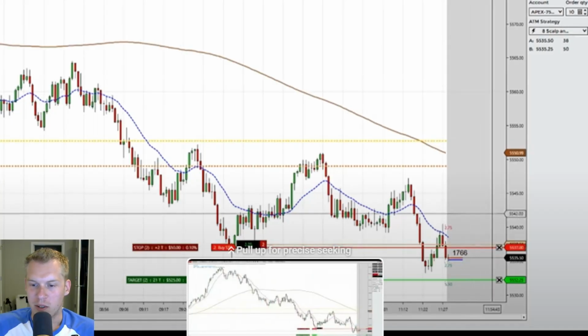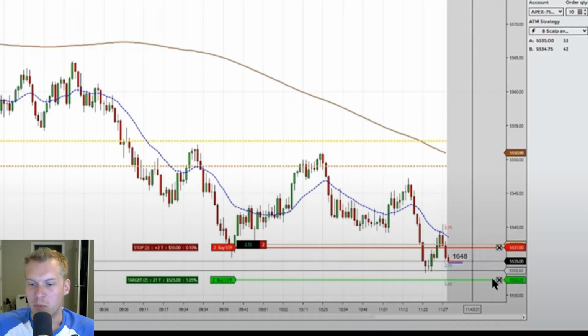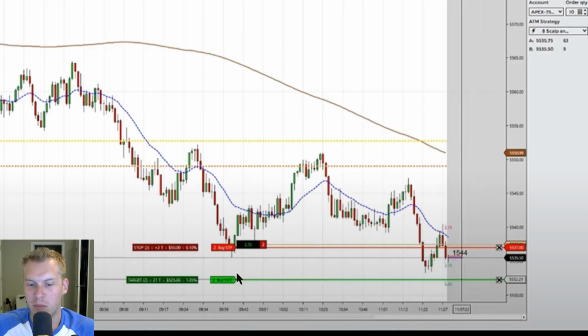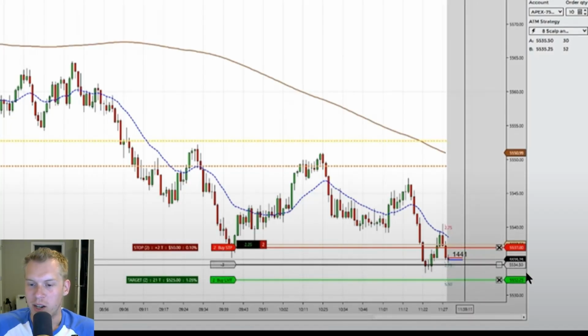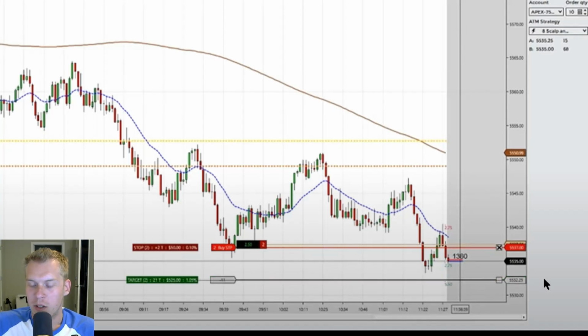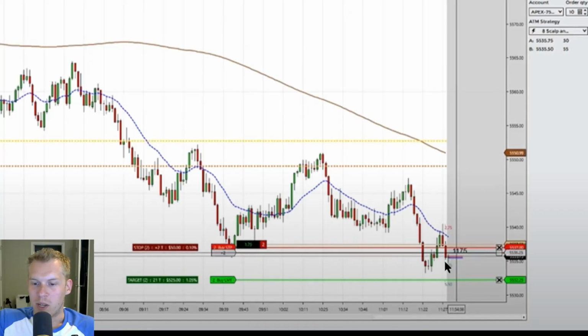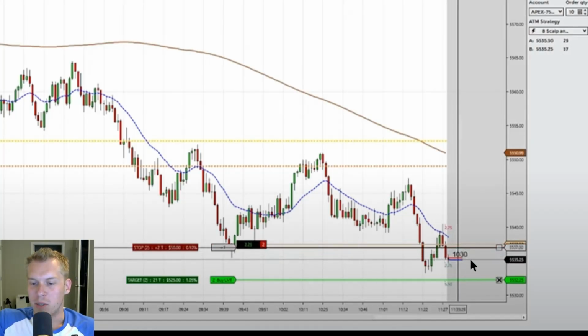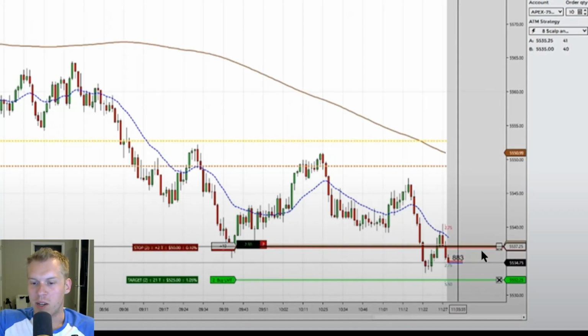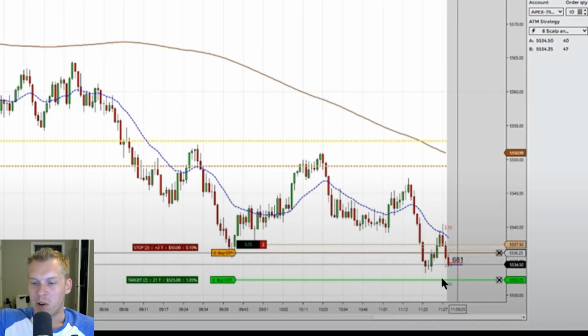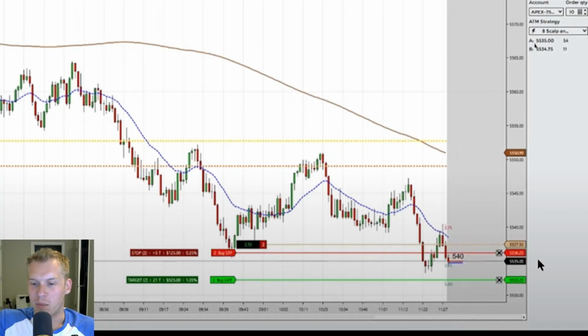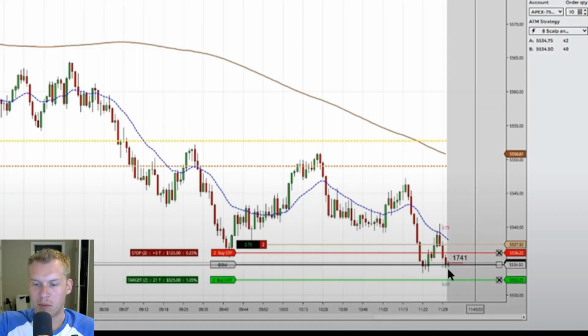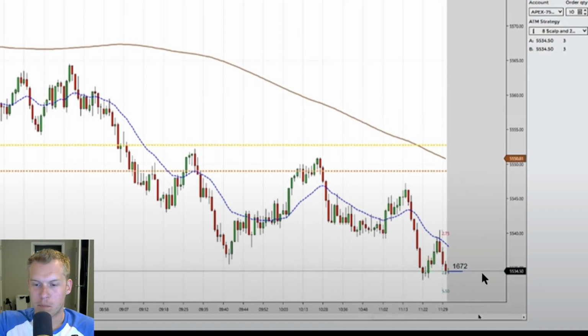I'll speed up the video a little bit here. What he's going to do is manage this runner. He's going to move the limit order up to these lows here, and he's going to kind of get out prematurely. My thought when I'm looking at this, the way he's managing it a bit early here, I would rather leave my stop order where it is, so about break even. And then I would actually be moving my runner down instead of trying to bring it up. So here he is managing up further. Okay, so he just got out.